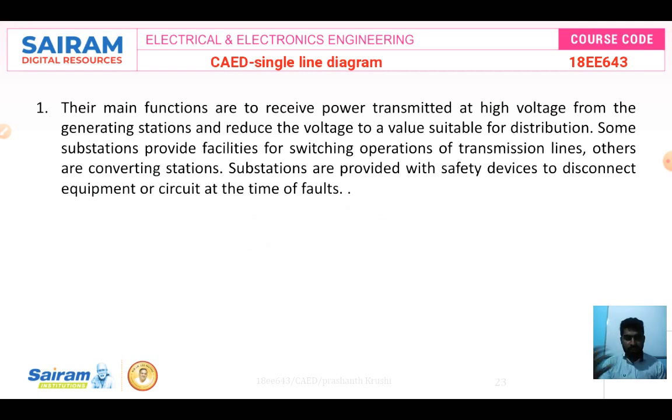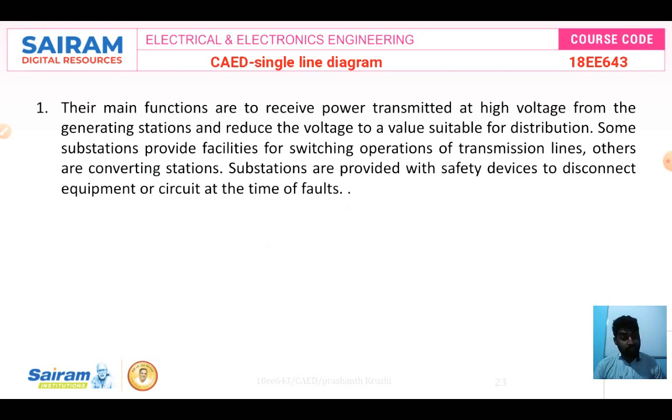If somebody wants 11 kilovolts for industries, for example Bommasandra industrial area, some industries need more current, more voltage for forging or metal melting and all. Based on the requirement, the distributing substations have to allot power supply. They have to plan accordingly: for home appliances or household applications some power on the consumer side, and some power on the industrial side. That work is done by substations itself, right?